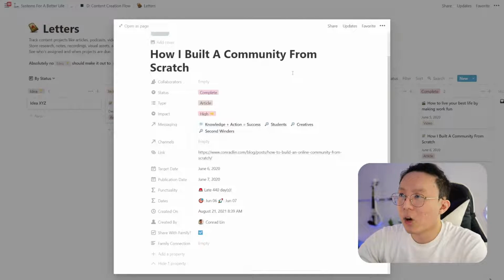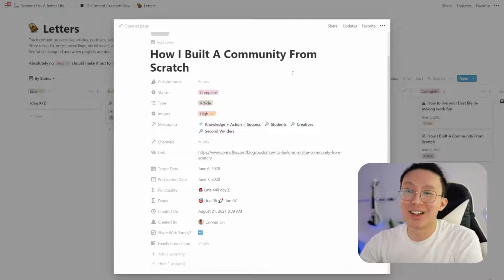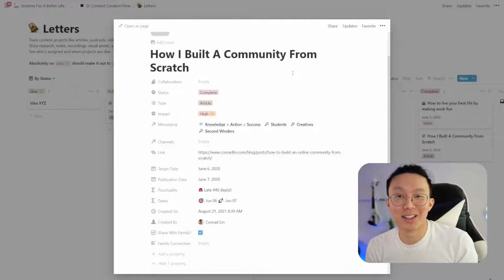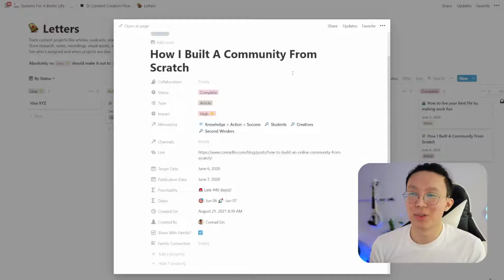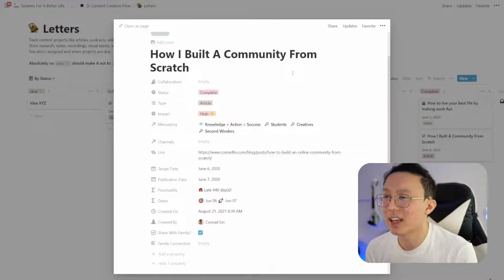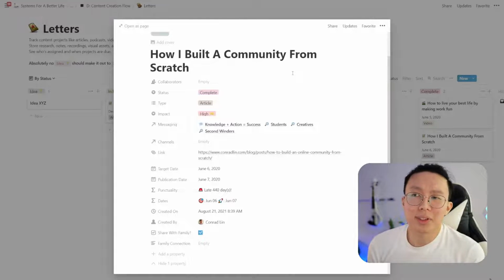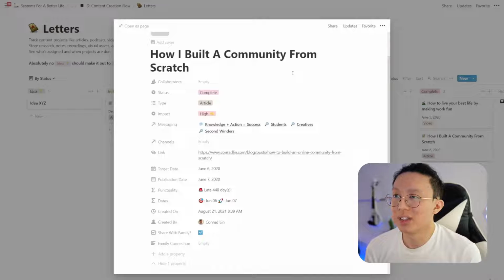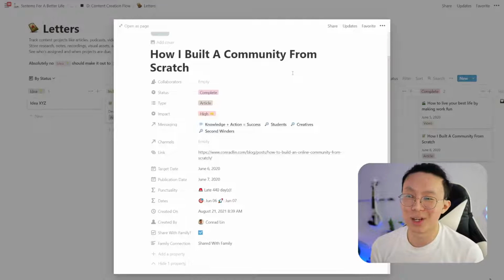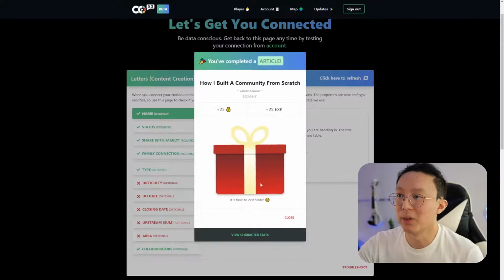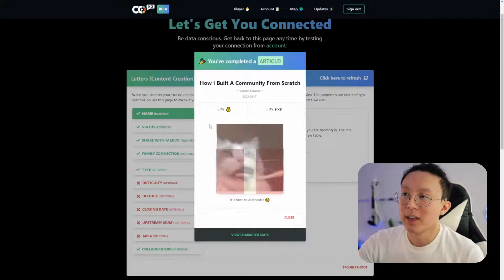And hopefully, I just want to give you more and more reasons to see that from now on, all you have to do is just add 2 properties, right? If not 3, to show the status and the type. And you'll be able to gamify it. You'll be able to earn wins for it, see how it kind of tracks for you in your day-to-day life, and then just see how it all connects in the bigger picture, which I think is really fun. And you're able to just really compete with everyone else as well in the family. So you have a nice win here. You can see your character stats.